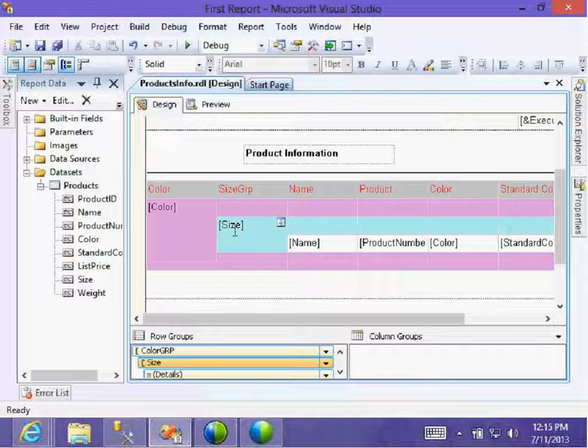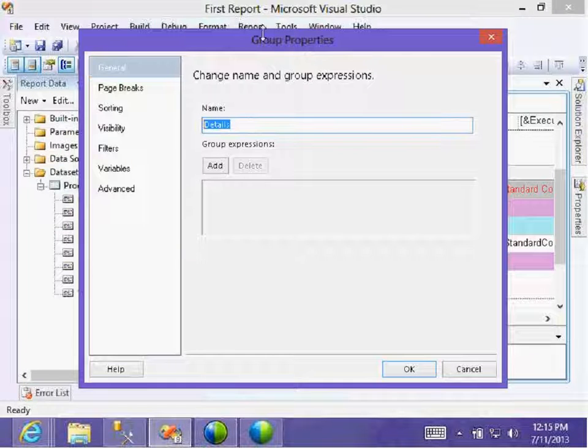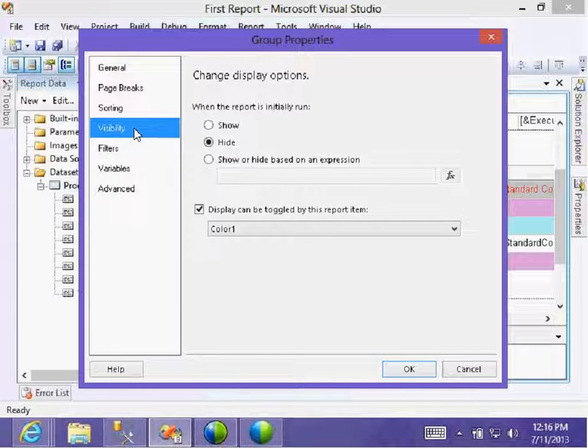It's a multi-level drill down. Everybody careful. Now here do that. First one, color. After seeing the colors, what do I want to display? Size. After selecting the size, what do I want to display? Now go to details. First details and group properties of the details. See, you are on the right selection. If you do the visibility of the details, initially hide it, but initially detail is displayed once you select the color.